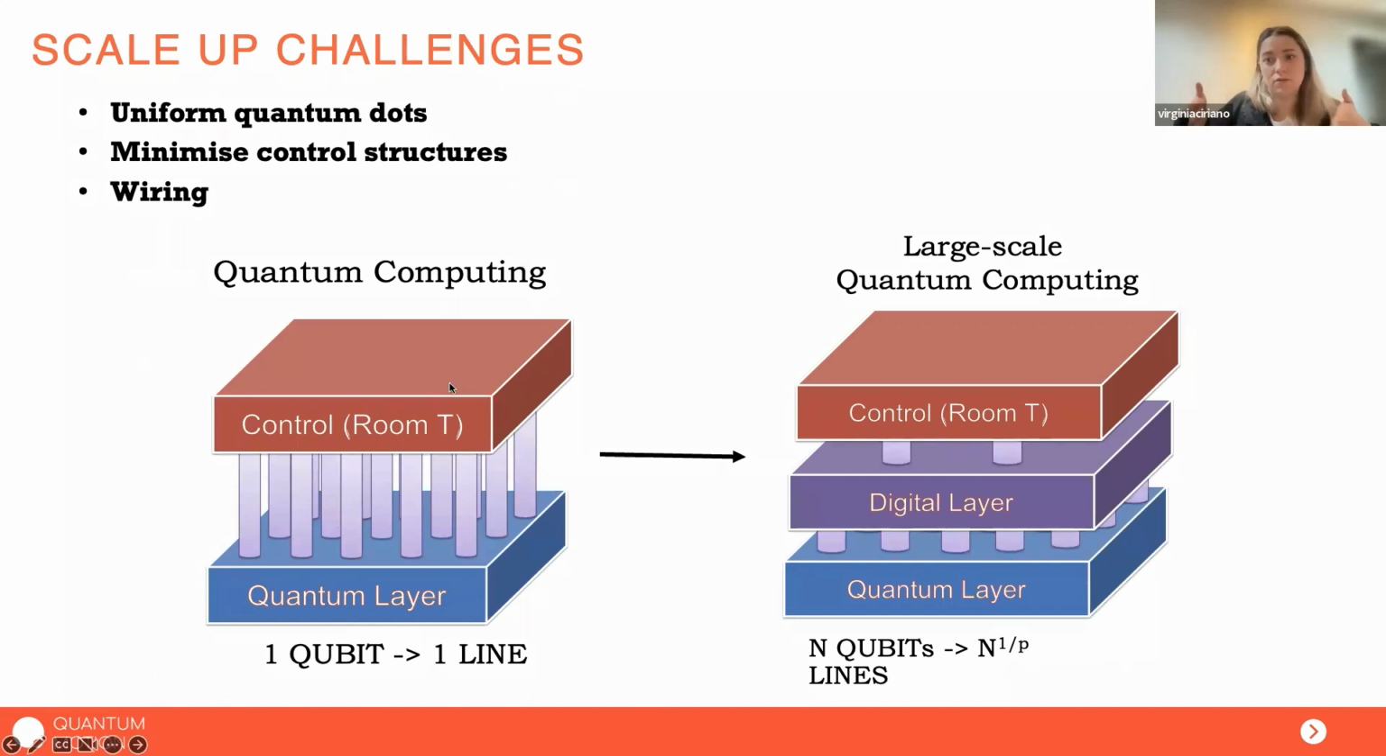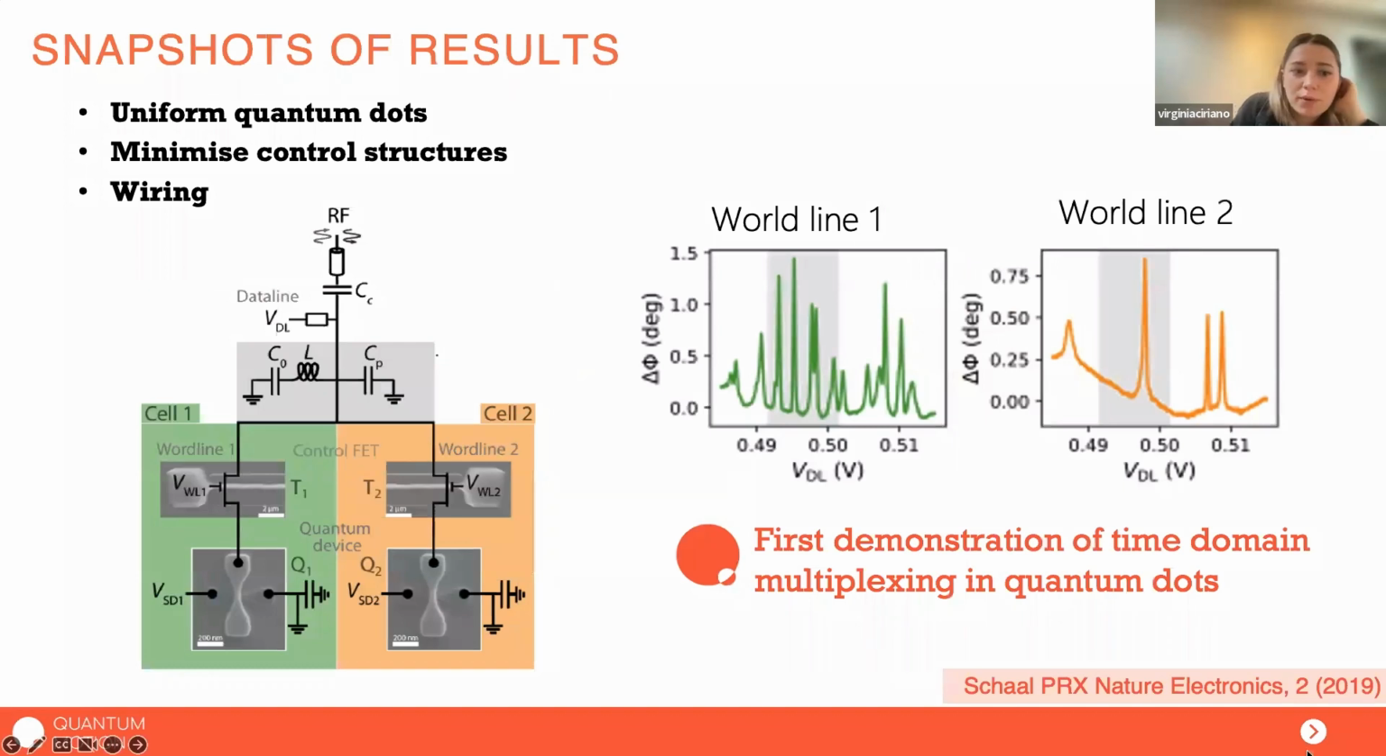So instead of having a lot of wires that come from room temperature to the qubits, we would like to have something in the middle that makes the connections. This part would look like a DRAM or a multiplexer, and then expand them. Okay, so far we were able to have the first demonstration of time domain multiplexing, which means